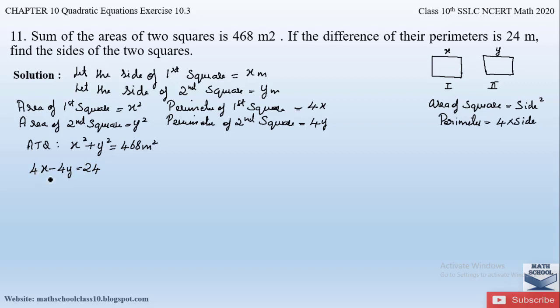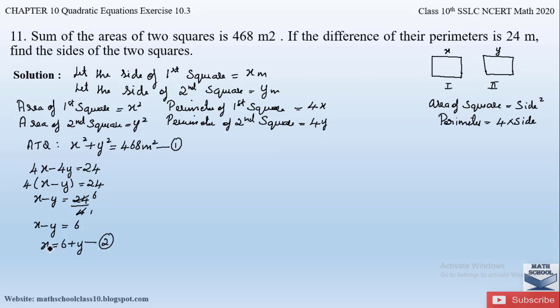Now we can simplify this equation further by taking 4 outside, that is common. So we will be left with x minus y is equal to 24 divided by 4, sending the 4 to the right hand side. Since here it is in multiplication, when it goes to the right hand side, it comes in division. So 4 sixes are 24, and we will get x minus y is equal to 6. Now let us send this y to the right hand side so that we get the x value. So x will be equal to 6 plus y. Now let us take the first equation as equation 1 and this as equation 2.